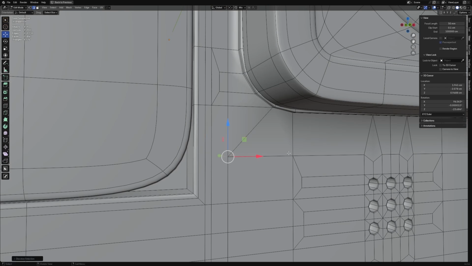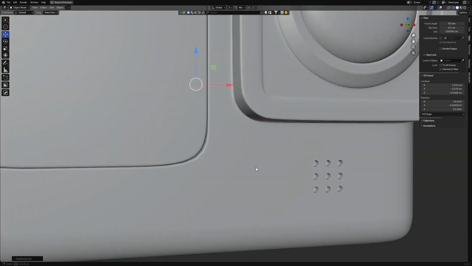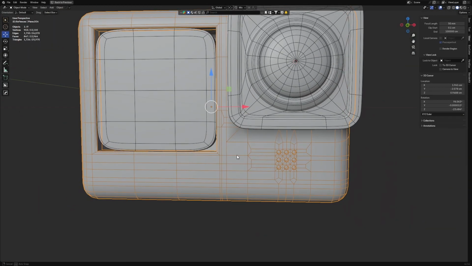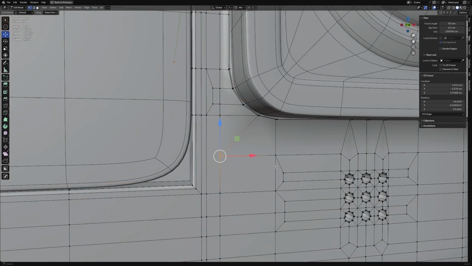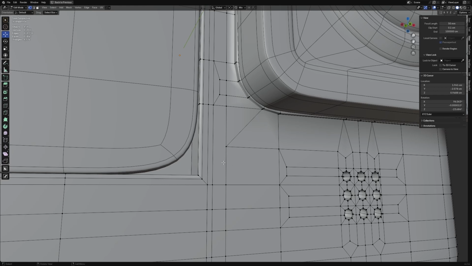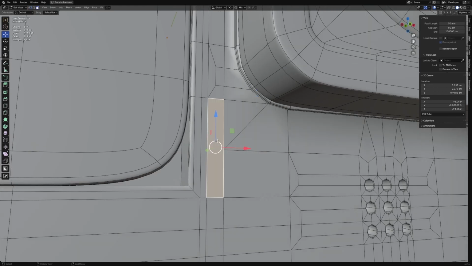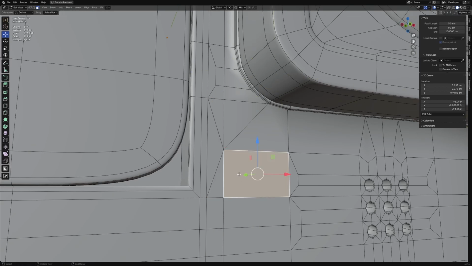If I just delete this, yeah, this should solve the issue. But if I delete that, where are we going to redirect this? We can actually just shift over here,